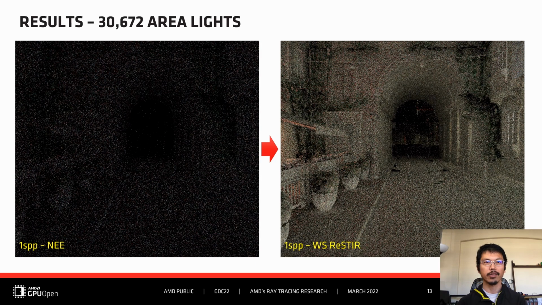The image on the left is very noisy, so we can barely see what's going on. With the same ray budget, if we apply the method, we get the image on the right. It is very obvious that the convergence is far improved compared to the naive method or baseline. Now we can see that it is a street scene, so it is great.